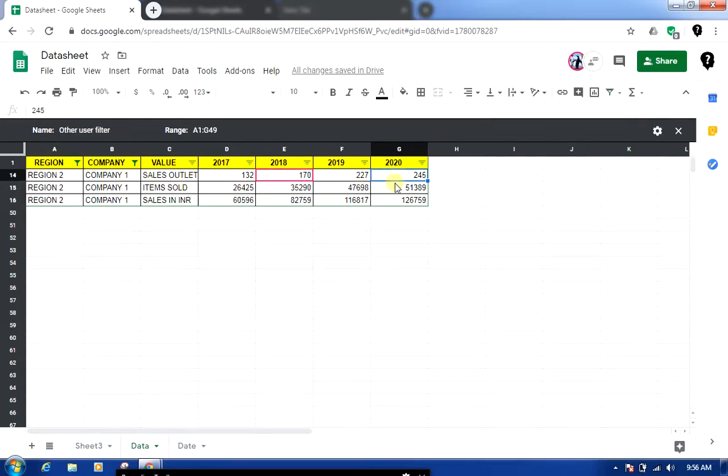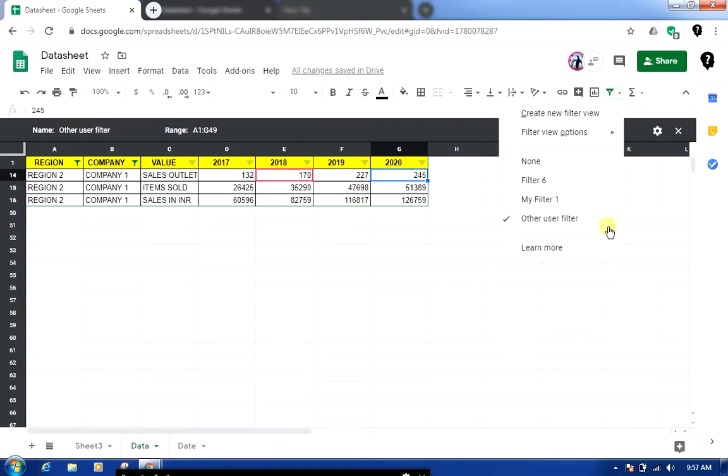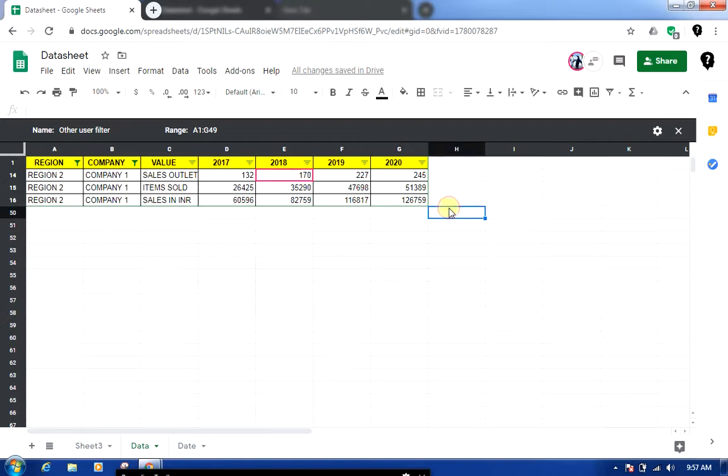So essentially, along with filtering your data, these filters will also allow you to work parallelly with different users. Now I am professionally using Google Sheets. We have seen that more than 30 users are working parallelly on Google Sheets with their own filters. I have seen filters created almost at the list of 50 together. So this is how Google Sheets has given us the power to work simultaneously and do our work.